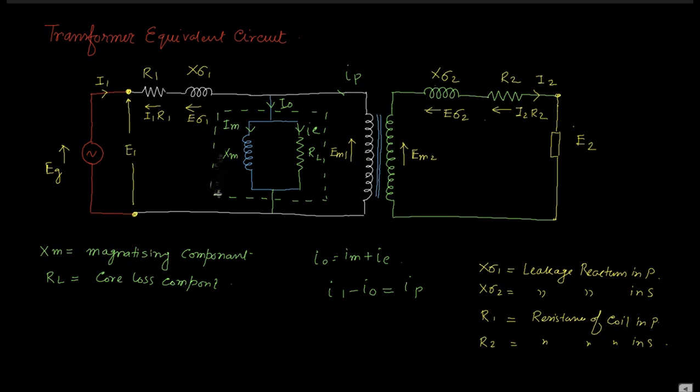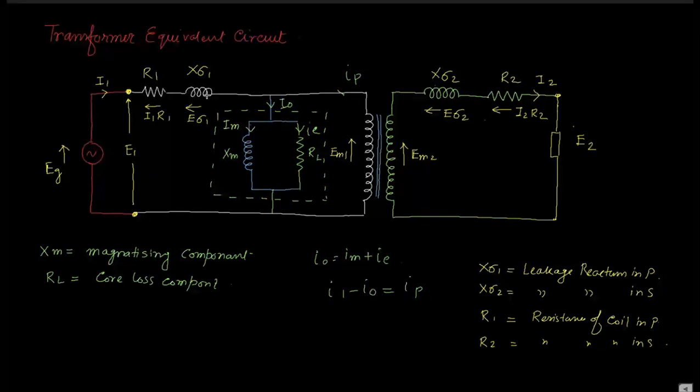So this is the circuit diagram for the core, and this is why the equivalent circuit of the core is drawn in parallel with this part. Do you have any idea why this is drawn like this? You could make these two in series with R1 and X sigma 1. It is because whatever the secondary side is,